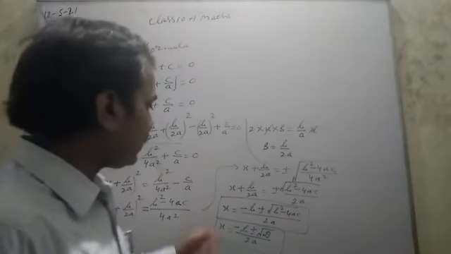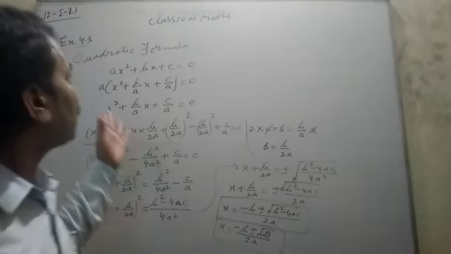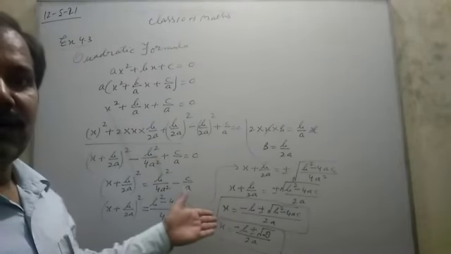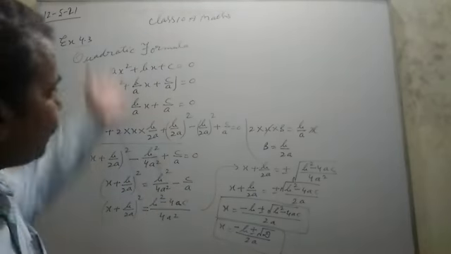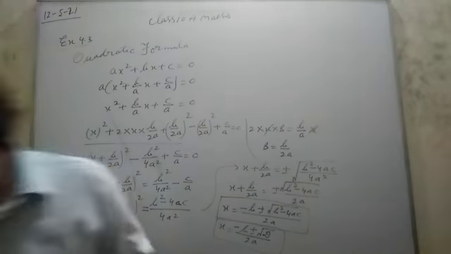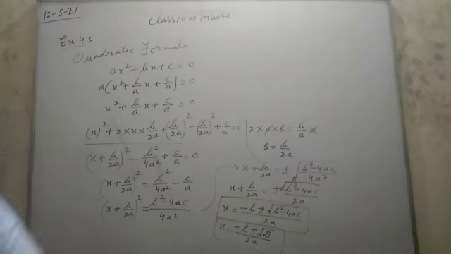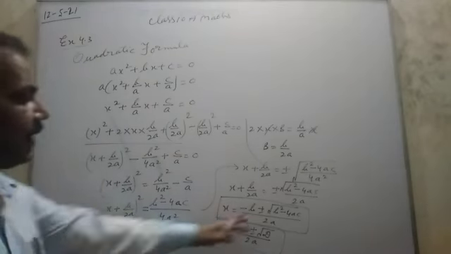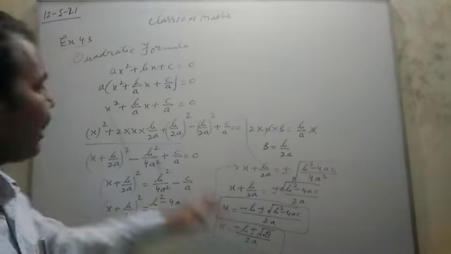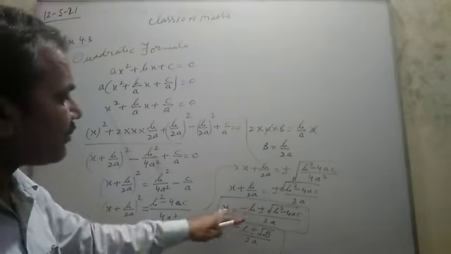So this is the quadratic formula, and it is also simple. Sometimes the question asks for the proof, and if it does, you do it this way. From the questions you find the a, b, c values, then find the discriminant, and after that put the values in the formula.